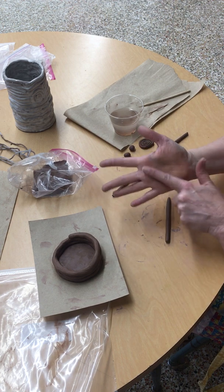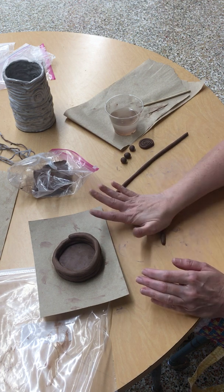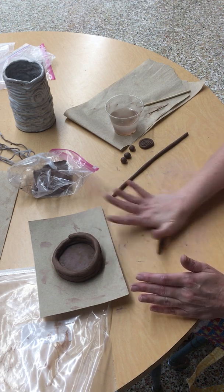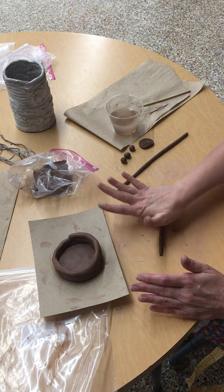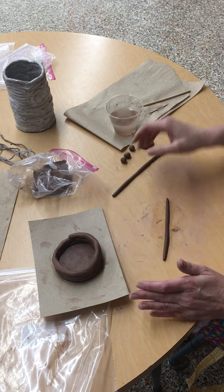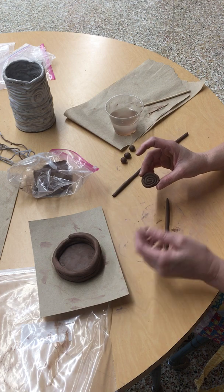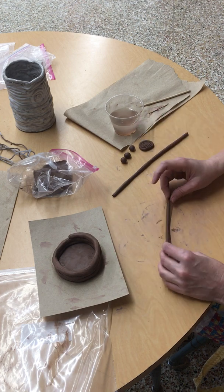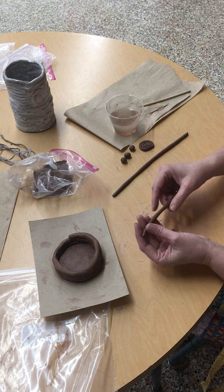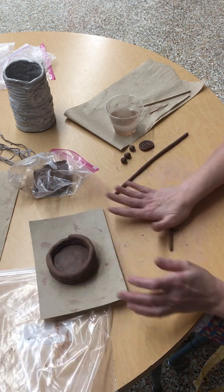And I'm using the palm of my hand. I'm not using my fingers. If you use your fingers, you're going to get these ripples. And I'm just trying to get a good, smooth coil that's about the same diameter all the way around. And when you are creating pieces to add into a coil, these are going to be smaller in thickness and diameter than what you would use to build the walls. Okay, so